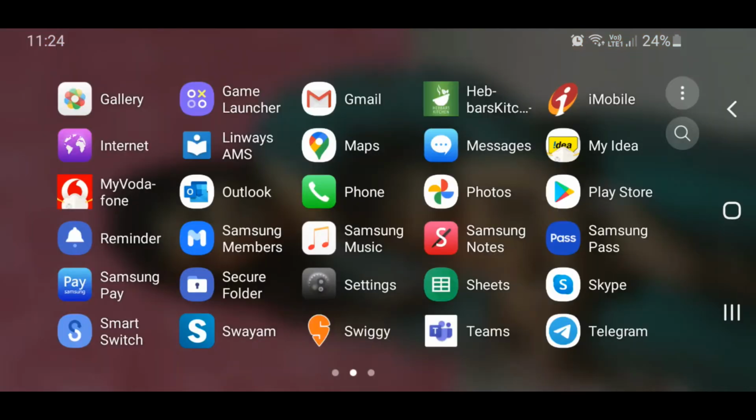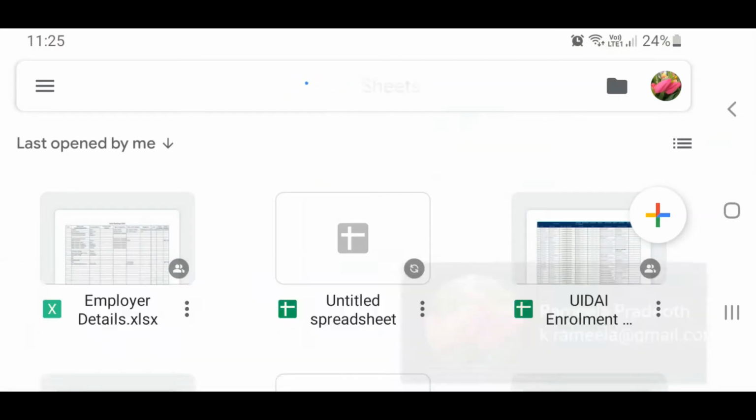With an active Google account, you can create Google Sheets. And any Google Sheet that you create will be automatically stored and integrated with your Google Drive. So you create a Google Sheet and you can find the same in your Google Drive. To use Google Sheets on your mobile, you have to install the Google Sheets app. Here I have already installed it, so I'll just open it. This is my Google Sheet that has been created by me and stored in Google Drive.